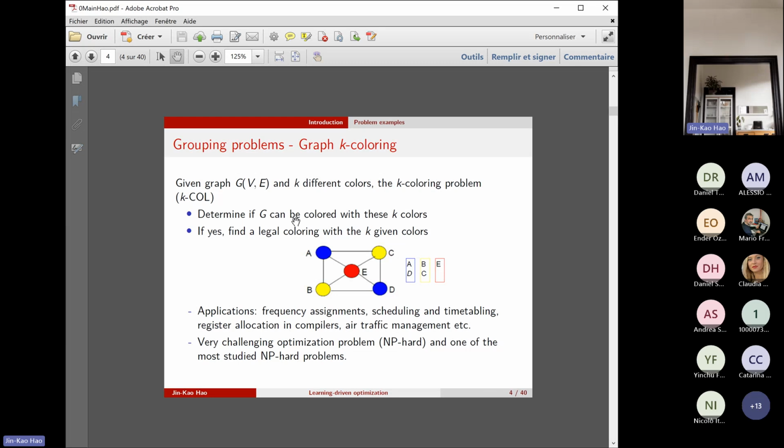As you note, the graph K coloring problem is not really an optimization problem because there's no optimization objective. Okay, but in our case, I will explain this later, we will transform artificially this problem. In fact, this is a CSP, a constraint satisfaction problem. We will consider this CSP problem as an optimization problem. I will explain this point later. Here, if the answer to the question is yes, then of course we want to find a legal